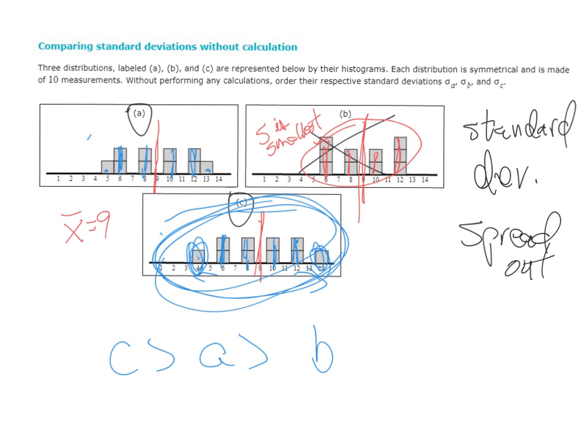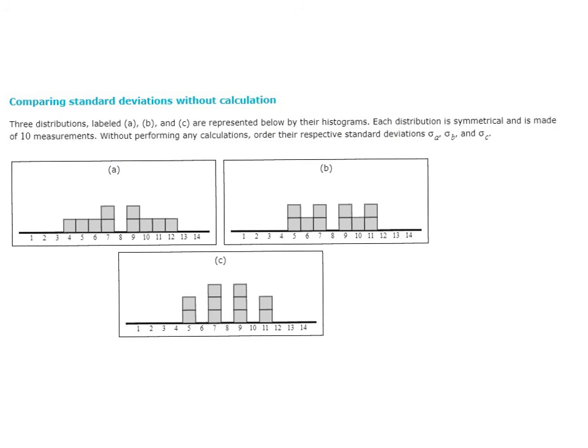Pretty sure I did another one of those so we could practice together. Yep. So we're looking, now notice, they're all centered at the same number. In this case, it's 8. The question is, which one is the most spread out? Which one is the least spread out? Okay, so I'm guessing